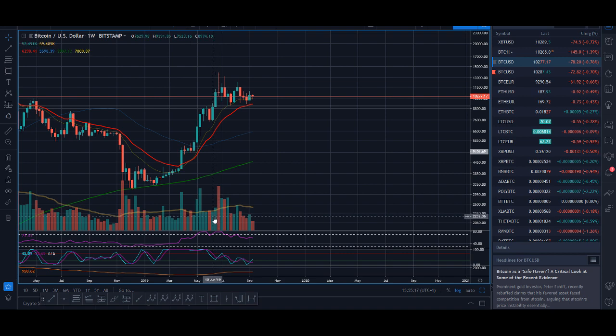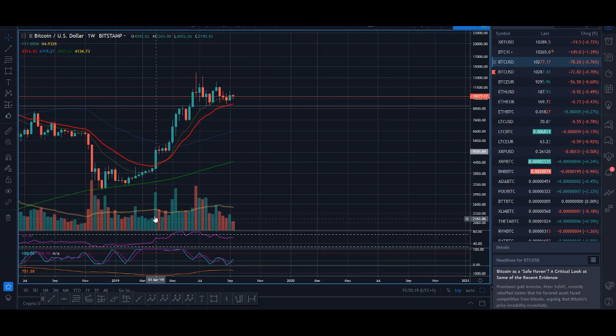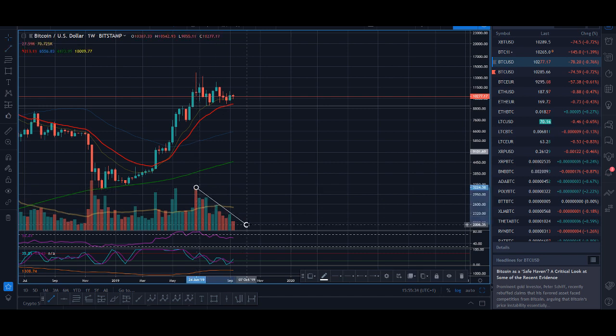So this is the volume moving average, as you can see. When Bitcoin was breaking out, the volume was breaking out above the moving average, as you can see. But when it's consolidating, the volume is going down. So in a way, this is bullish for Bitcoin. Bitcoin is moving sideways and there's not much selling going on. So if we see a big green candle and it breaks out above, that will be bullish for Bitcoin. So you want volume to validate.